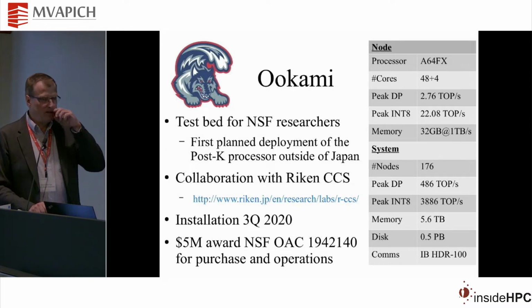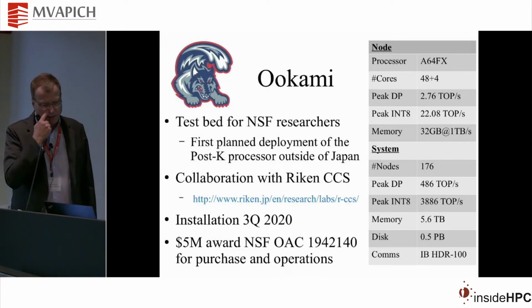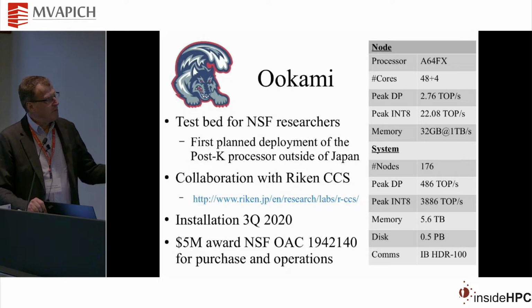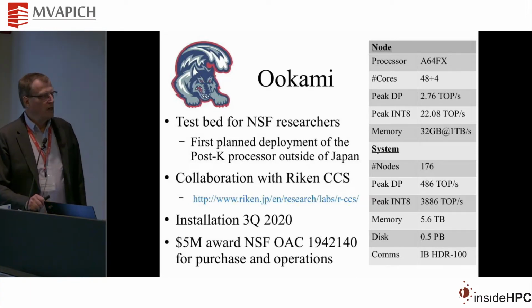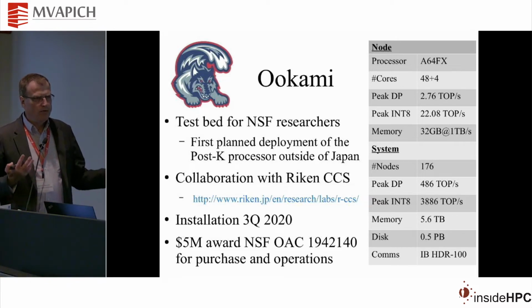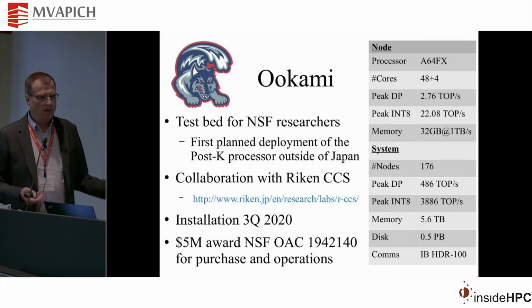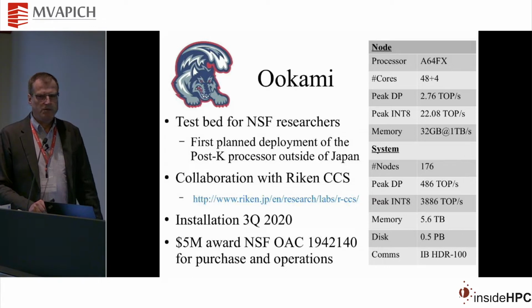The key thing is, as was discussed right at the beginning of this workshop by the representative from ARM, it's deploying the first generation of modern ARM processors for HPC that incorporate the scalable vector extensions. And most excitingly, it also incorporates an extremely high memory bandwidth. So there are 2 or 3 different ways of thinking about this. Maybe the first way is ARM moving forward to be relevant to HPC.